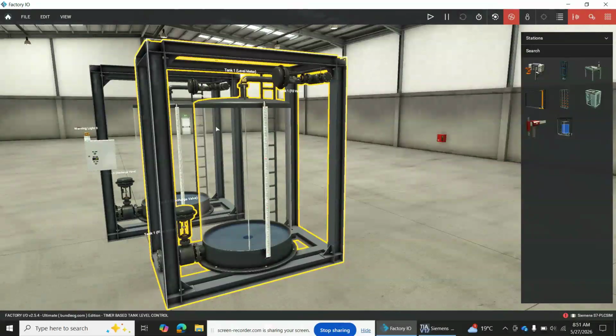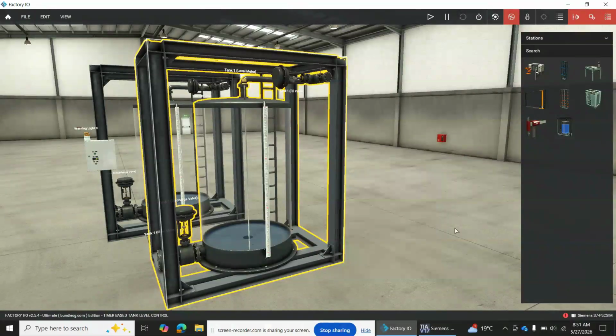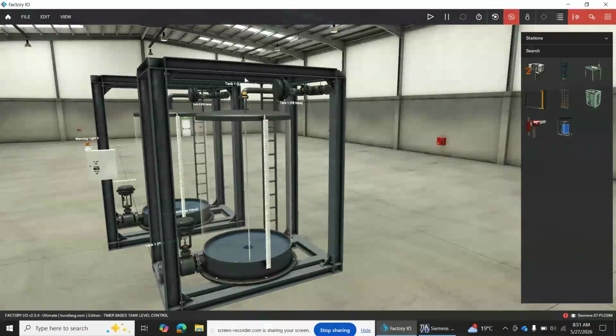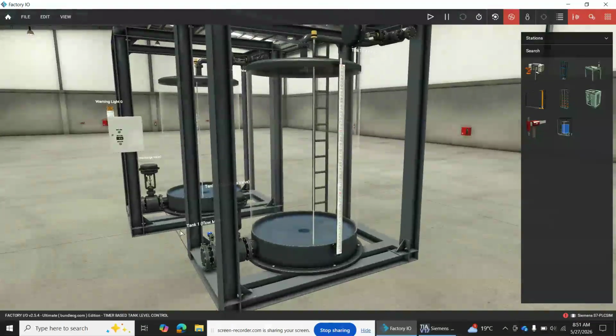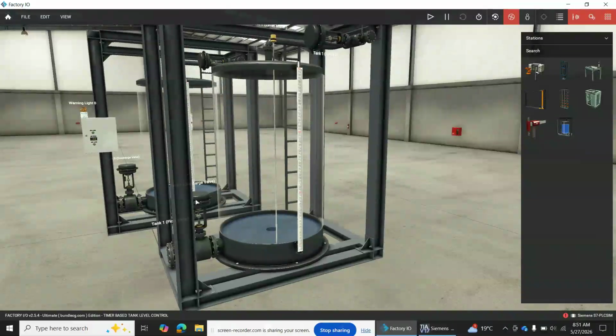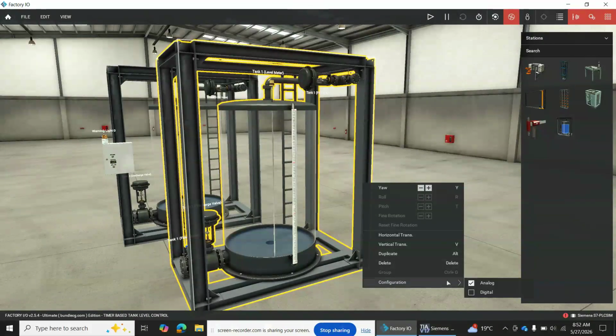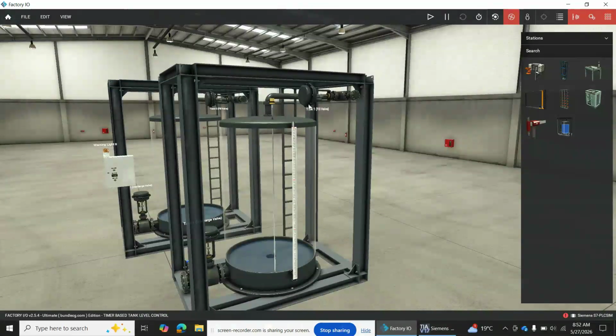and then ukiangalia hii water station ukiclick hapa, ukiright click ukienda kwenye configuration unaona it's analog. Right, so analog maana yake inakuwa na tank level meter. Unaweza ukaset unataka ku raise the water level to what level, analog kwa kutumia potentiometer, and normalizing and scaling the input of the potentiometer. But also we have a flow meter, right? We have a discharge valve and the tank fill valve. That's for the analog, but the one I'm using right now I configured as digital. So this water station is digital. So I just have a tank fill valve and discharge valve,